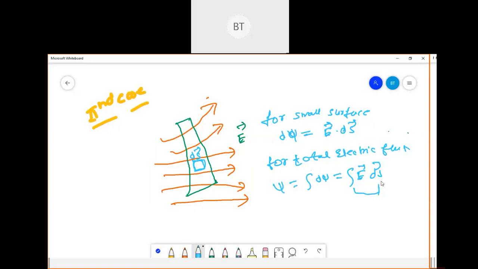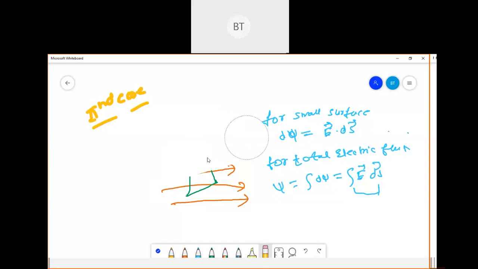So I will show you that when we increase the value of theta, the flux value will decrease. So the first case was that, this is the second case, and I will show you more cases. Based on that, you can see that if we increase the value of theta, the flux value is decreasing. Based on that, one question always comes to you in assertion and reason, that how the electric flux is proportional to this surface. So I'll tell you the questions also. So this is the second case. Let's take three more cases, and electric flux will be clear to you.